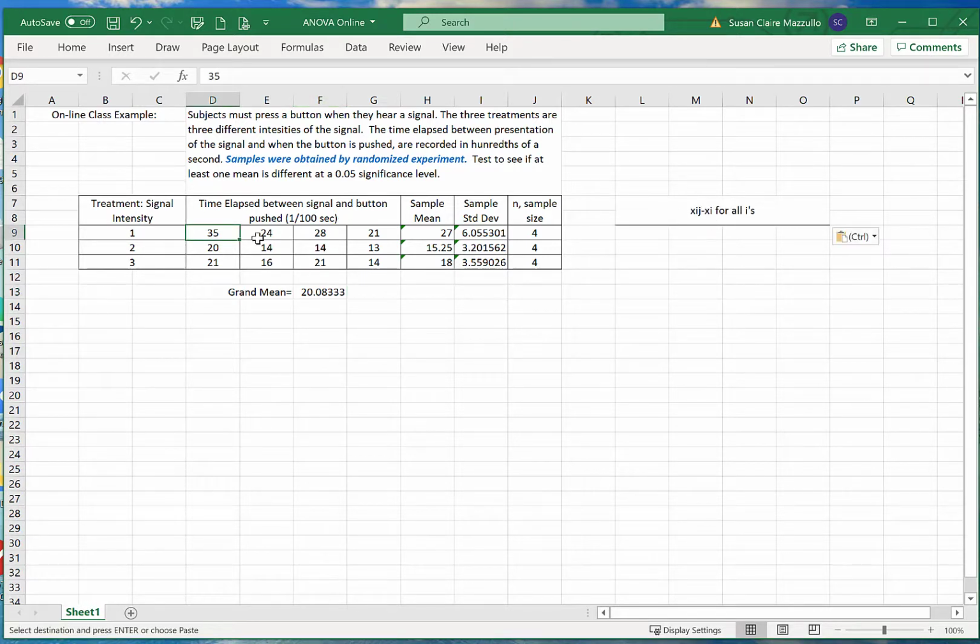So remember, we have to go into each of these. We're going to take 35 minus 27, 24 minus 27. We're going to get those residuals. So I'm going to take each sample mean and subtract it from each of these data values. Then I'll take the sample mean of the second sample and subtract it from each of its data values, and so forth. So the way I would do that is I would say this equals that